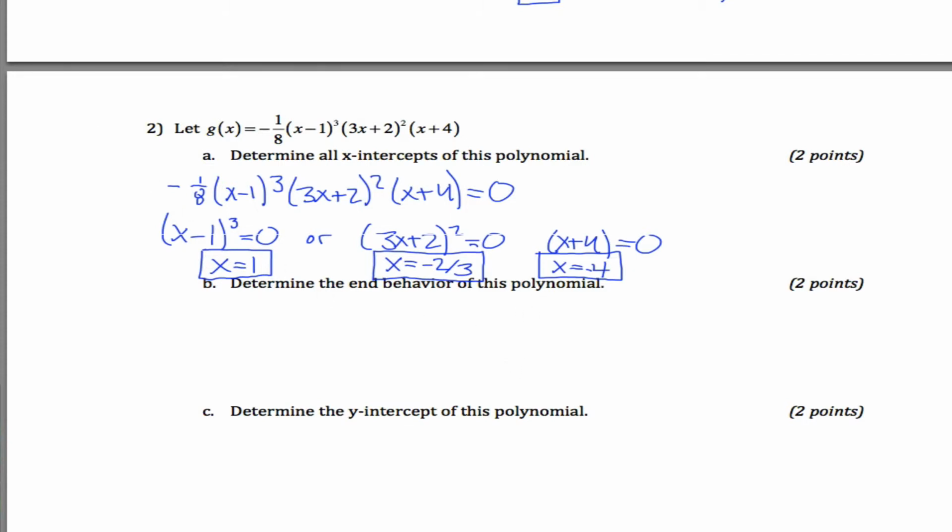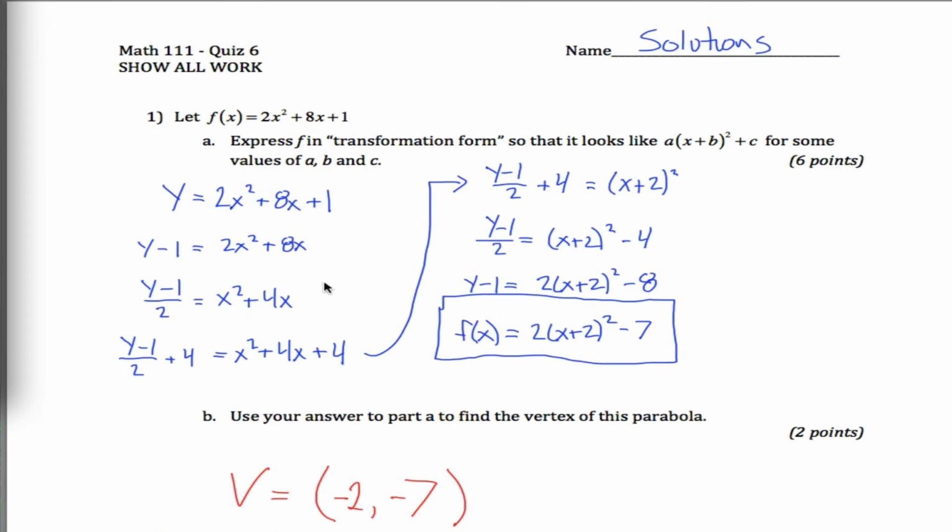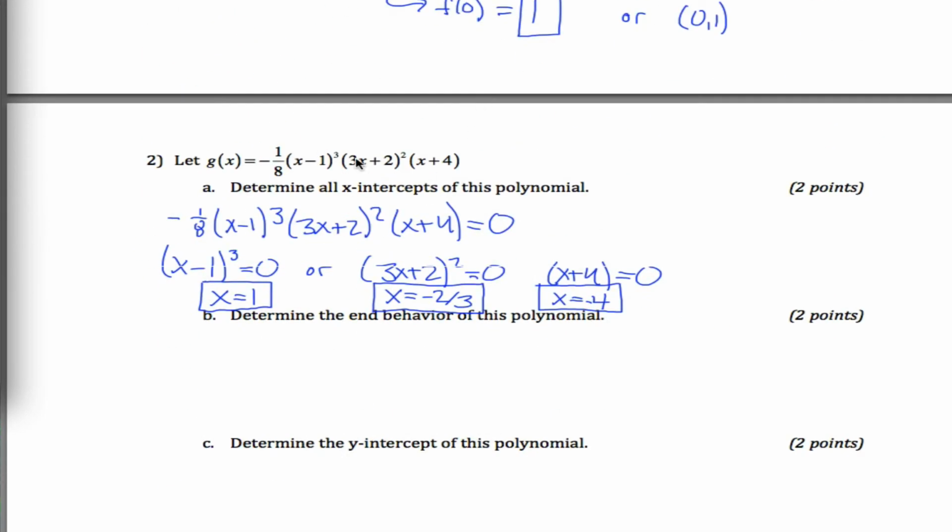Determine the end behavior of this polynomial. So for end behavior, you care about two things. You care about the degree of the polynomial and the leading coefficient. End behavior is actually a little bit easier if I give you a polynomial in this form as opposed to in its factored form like we have down here. But the x-intercepts are so much harder if you give it the polynomial in the expanded form. It's worth doing a little bit of extra work here as opposed to doing a lot of extra work up here. So the way we can figure out the end behavior is we need to know the leading coefficient,